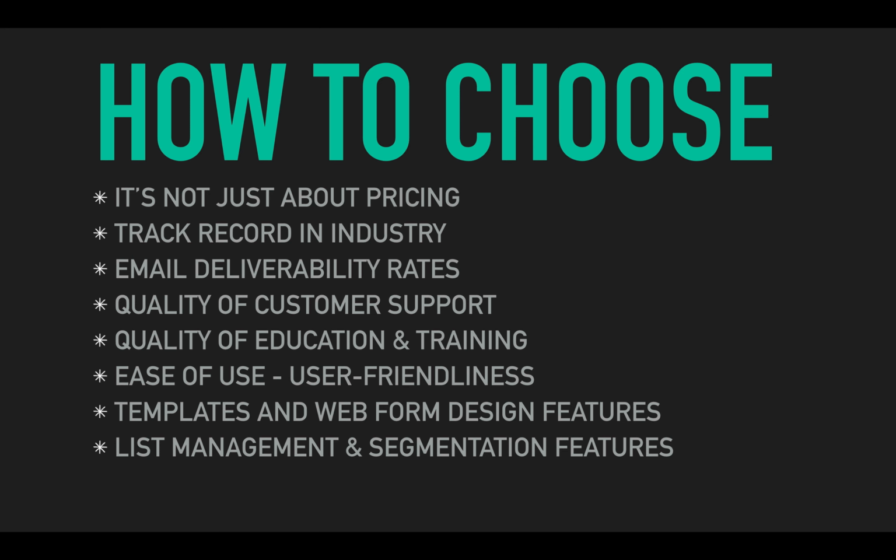So let's say I have more than 5,000 people on my list. I may want to segment all the people on my list who are living in Bangalore using some of the advanced search features. So I look for things like that, where I can segment my list and do more targeted campaigns. I also look for some automation and intelligence aspects, things like RSS to email features. Every time I make a blog post, I can completely automate a mail going to my entire database using automation, things like that.